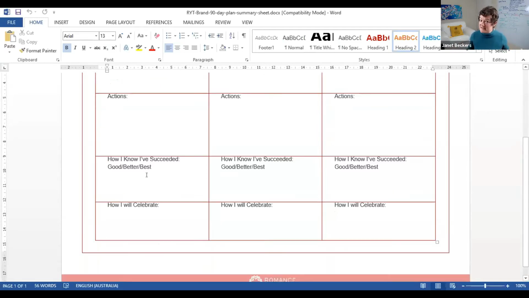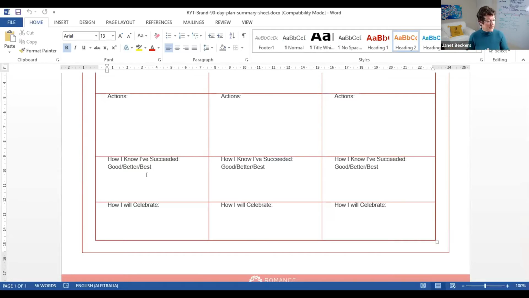How do you know you succeeded? And this is where a lot of people go wrong. I use good, better, best goals. I actually go into a bit more detail on that in the podcast that I've got that accompanies this, but I'll also show you an example. And people often get that wrong, because they're measuring the wrong thing, and then they start to feel like failures because they were putting a measure on something that their actions had no direct input into.